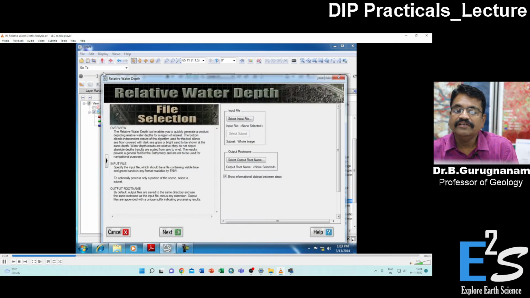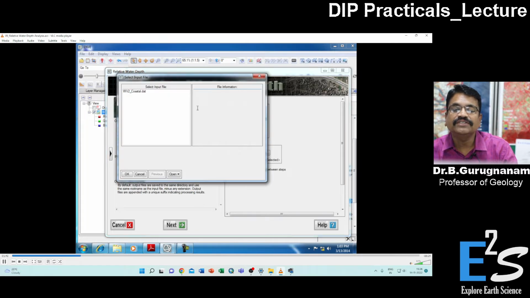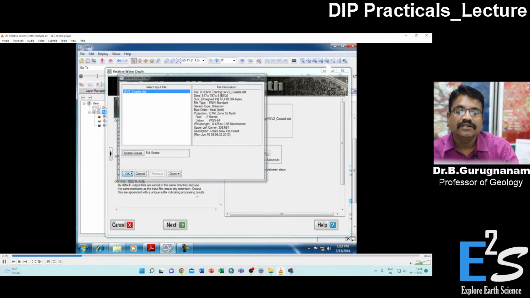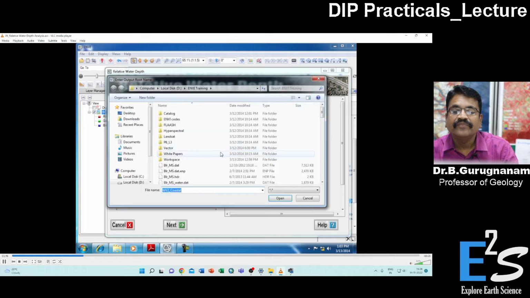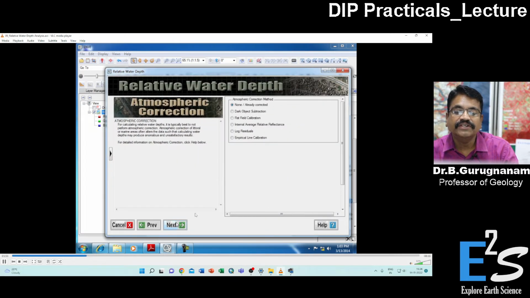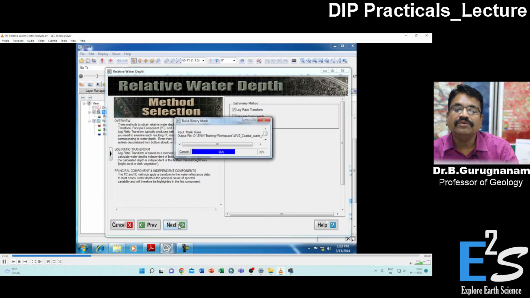Now we are taking the relative water depth tool. This tool is effectively used for this. Now we give the input data by selecting the WorldView-2 coastal data and clicking OK, and you have to show the place where you are going to set your output. Give next, next. Many things will come, so you just give simply next for understanding how the water